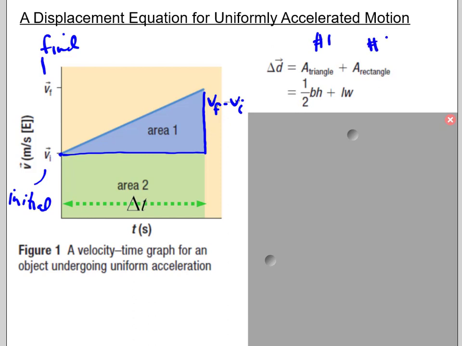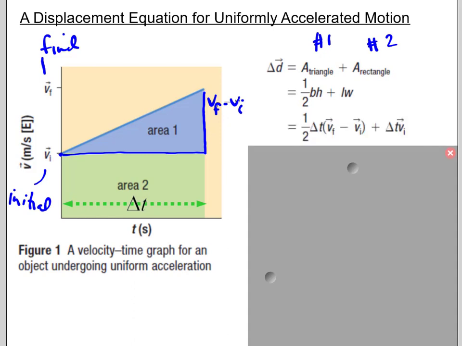This is area number 2. So you have a triangle plus a rectangle. There is 1/2 base times height. The VF minus VI is the height if you think of that as the triangle. And then over here is the rectangle: delta t times this height right here, which is just VI. So take a minute, pause it, study that. It's not as complicated as it looks, but because there are no numbers, it's sometimes